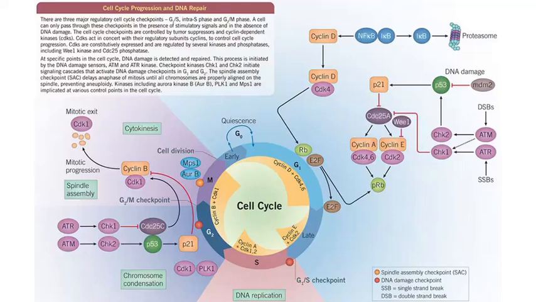So, when cyclin D attaches itself to the CDK4/6 complex, what happens? When cyclin D binds to CDK4 or CDK6, the complex becomes active and starts phosphorylating target proteins. One key target is the retinoblastoma protein, also called RB. Phosphorylation of RB releases a transcription factor called E2F, which then activates genes needed for DNA replication. So this complex acts like a green light, allowing the cell to move past the G1 checkpoint and head towards